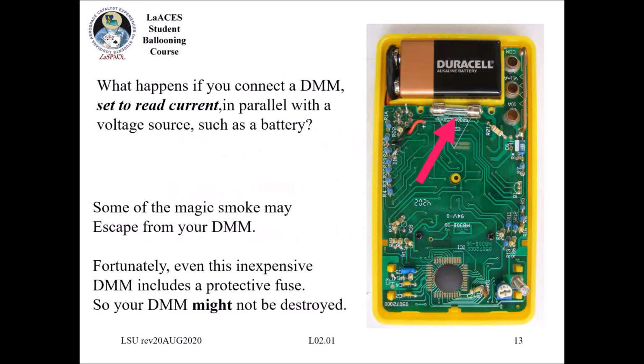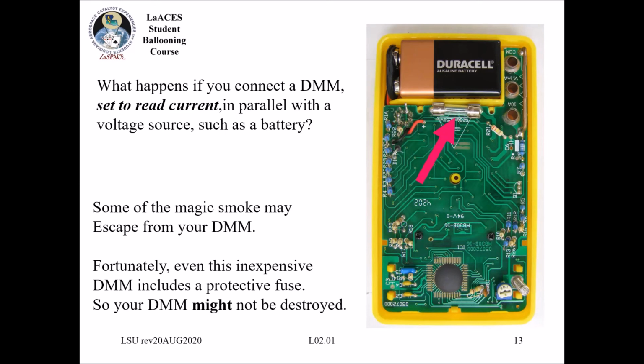There's kind of this old terminology where circuits work with magic, and so some of the magic smoke might escape from your multimeter. So you might damage it. Hopefully your multimeter will have a protective fuse. And if it does not, you might actually damage your multimeter. So that's why it's really